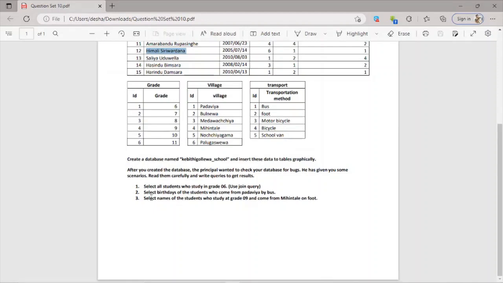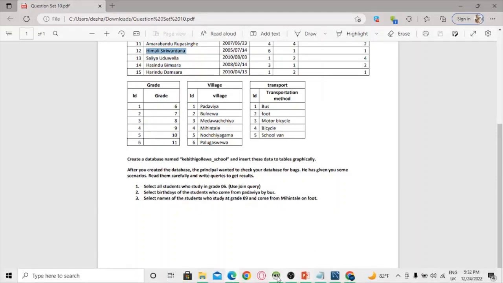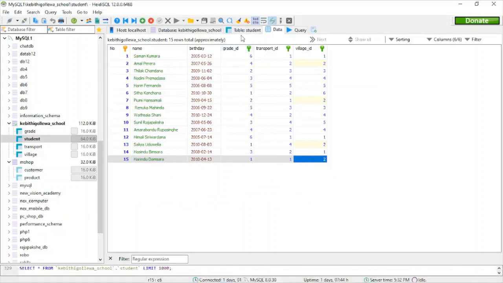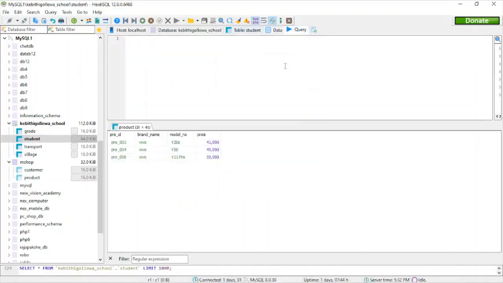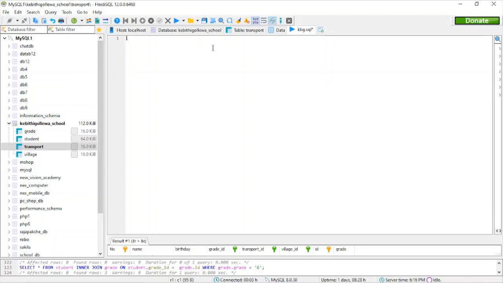So the question says select all students who study in grade 6, use join query. So let's go ahead and write our join query. Go to query. So this is going to be the query. First type select, and then the star mark, which is all from